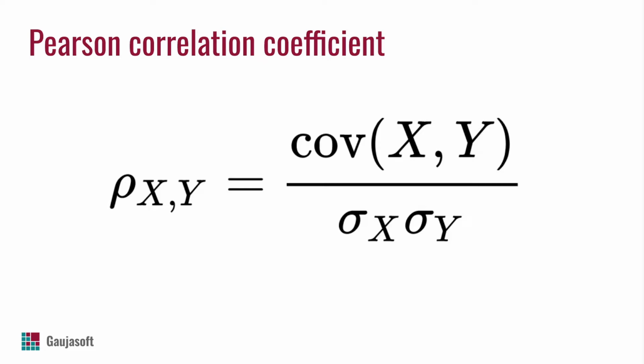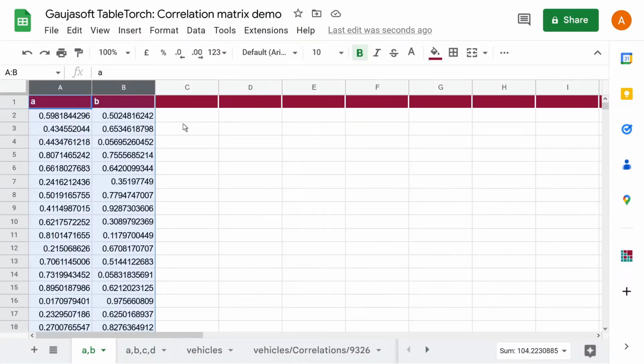The greater the value of the coefficient, the greater the linear covariance between the two variables, meaning that as one increases, the other does so as well. Or, if the coefficient is negative, a case that is called an inverse correlation, then as one variable increases, the other decreases. For example, this synthetic dataset contains columns A and B with random data.